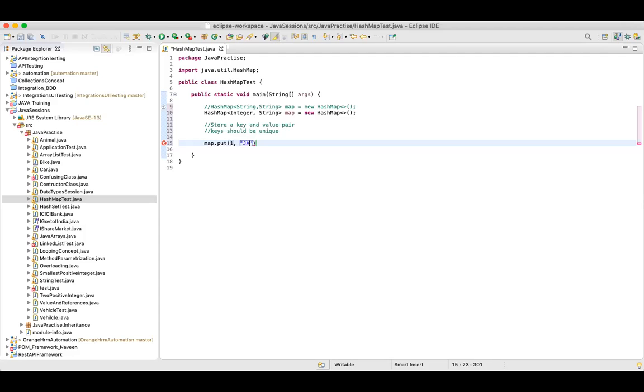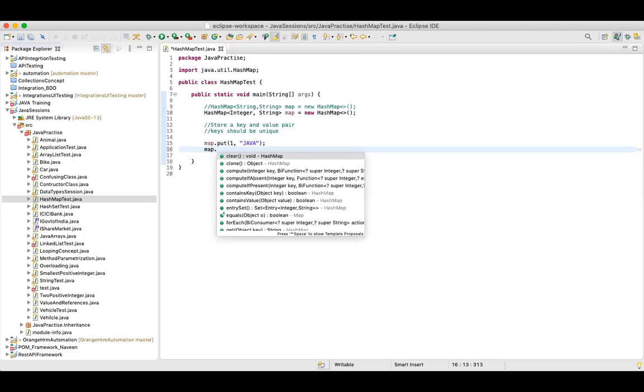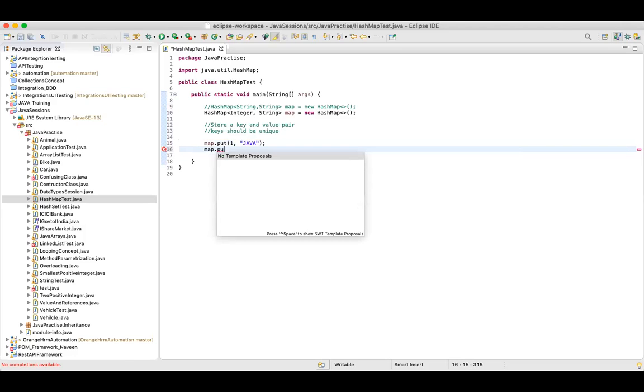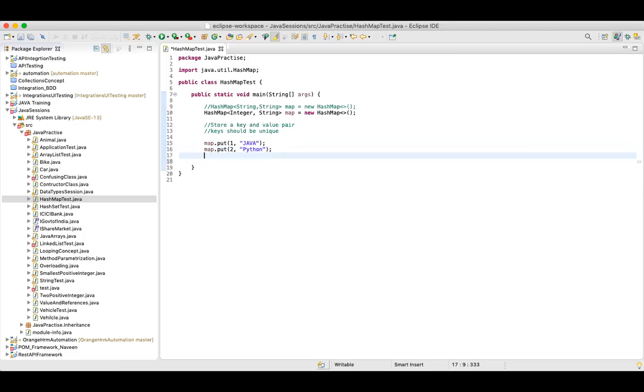Then map dot put, 2, and my value is Python. Simple. Now let me just try to print the map.